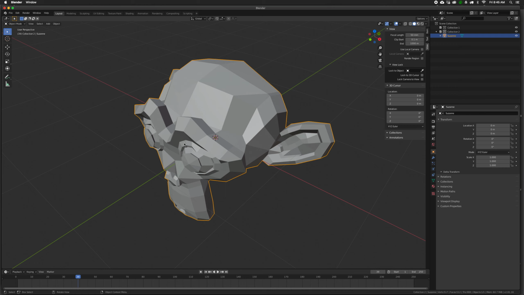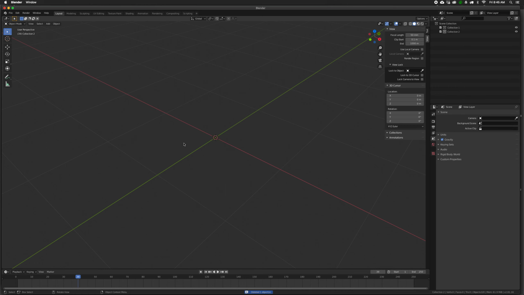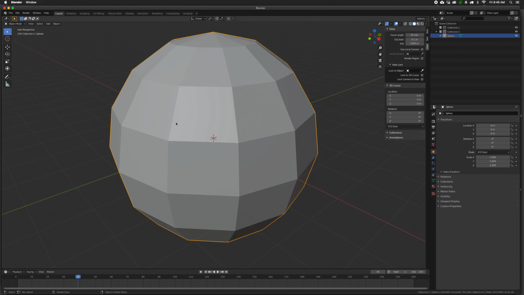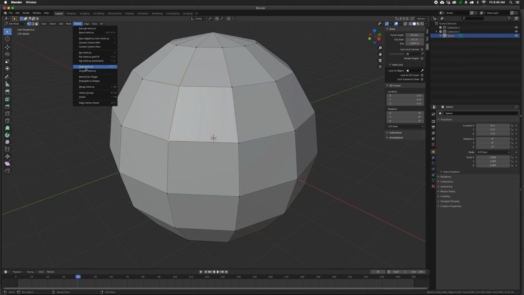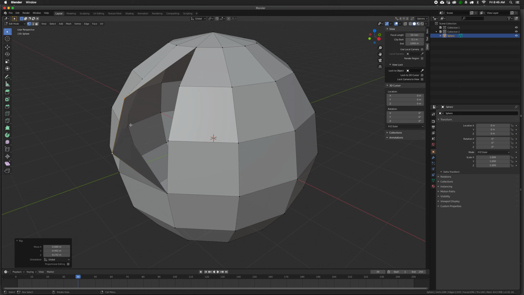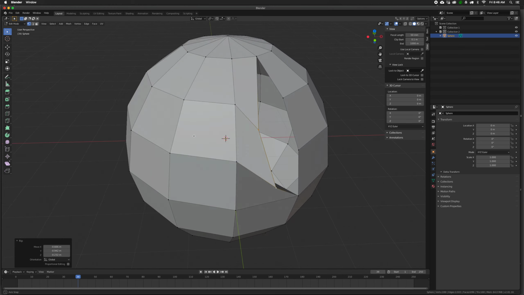So why don't I tab out of here, delete this object, create a new mesh. I'm going to create a, let's create a sphere. Okay. Now, in edit mode, I'm going to go to vertex. I'm going to take this vertex, and I'm going to split them, or rip them. Sorry, rip vertices. Okay, cool. So I'm going to make this hole here. Now, so I made this hole,